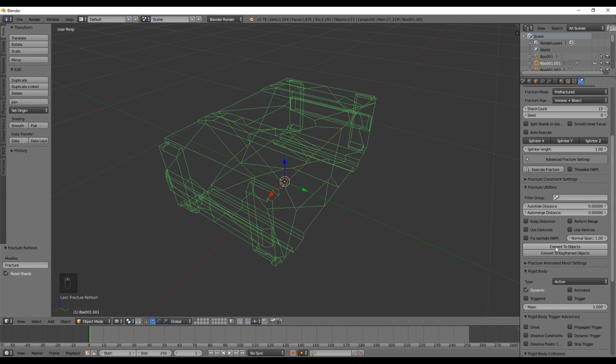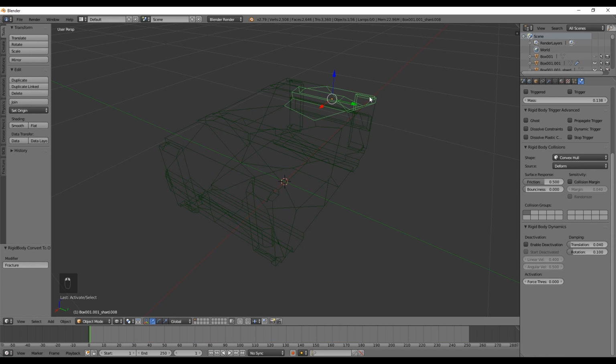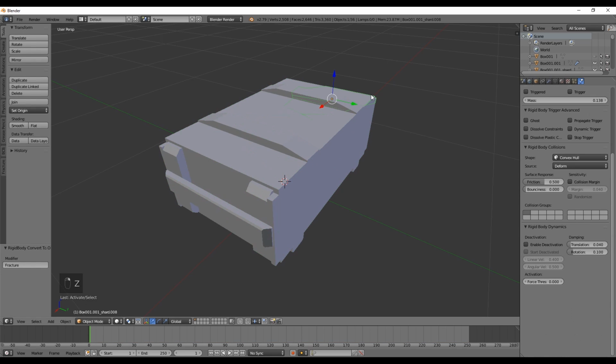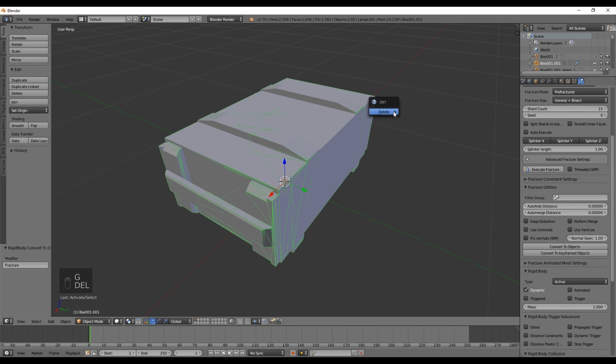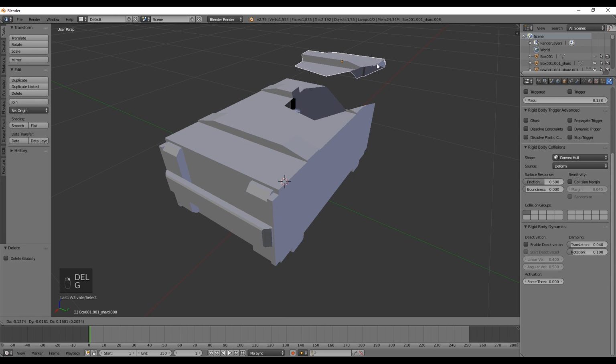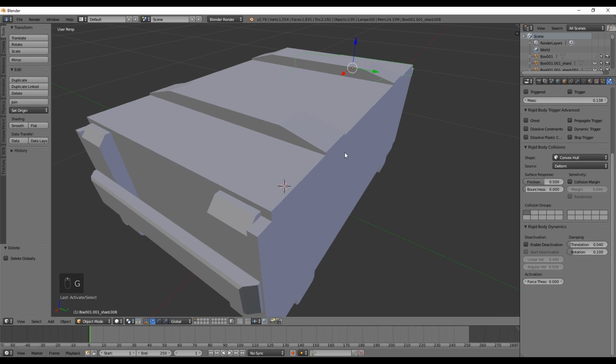That's no problem at all, because if we come down here, we will have a little button that says Convert to Objects. Cool! Now we have all the fractured objects separated from the main box, and we still have the main box, which you can double click and press delete. We don't need the main box, we only need the fractured objects. And we only need to do one last thing,